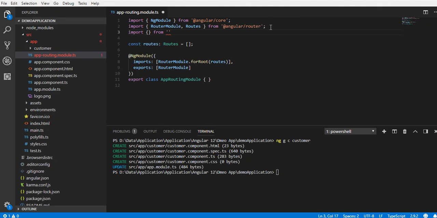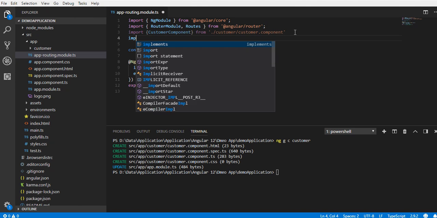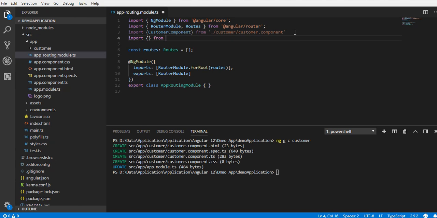So let's import the customer component from customer/customer.component, and then define the customer component class name, and then we need to define the app component as well. We need to import all the components, because these components will link with the routes. The class name will be AppComponent.